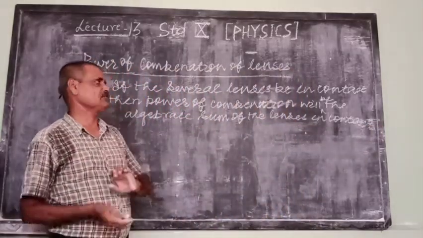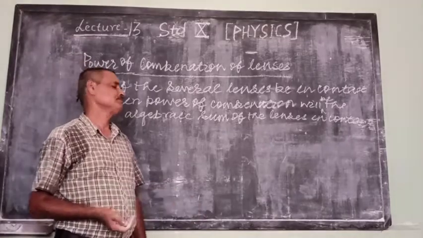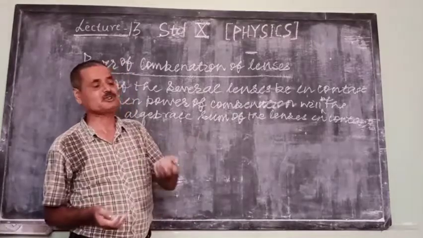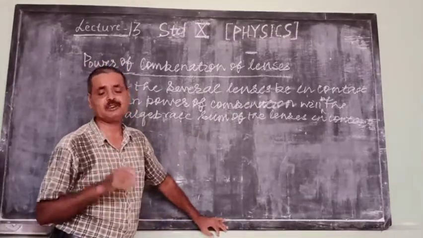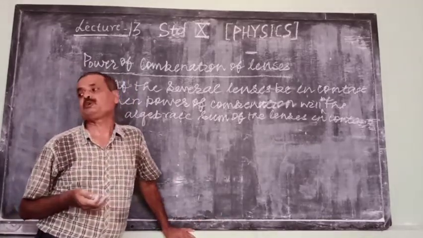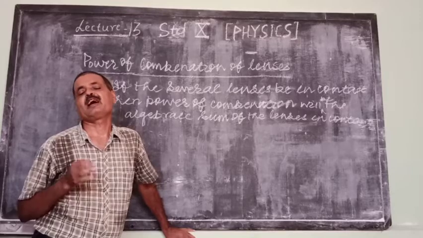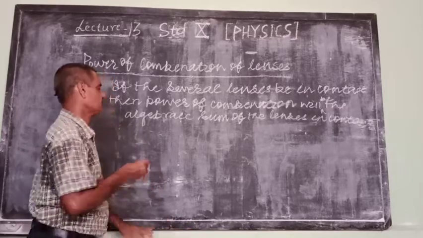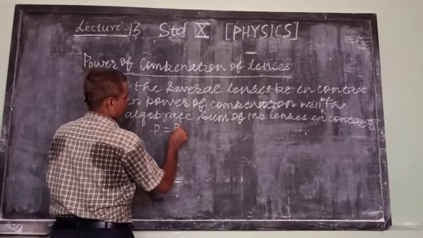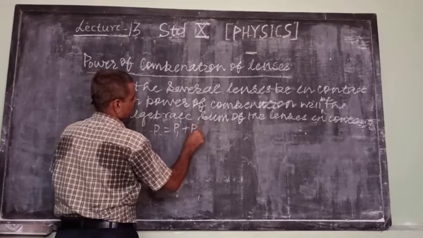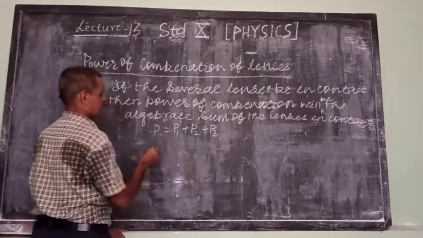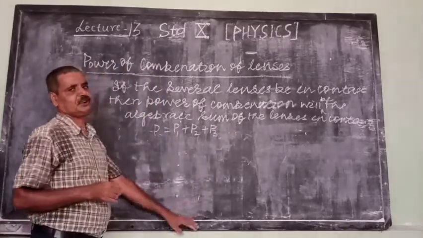If the several lenses be in contact, then the power of combination will be the algebraic sum of the powers of the lenses in contact. If P1 be the power of the first lens, P2 be the power of the second lens, and P3 be the power of the third lens, then we can write P is equal to P1 plus P2 plus P3 and so on. If three lenses be in contact,